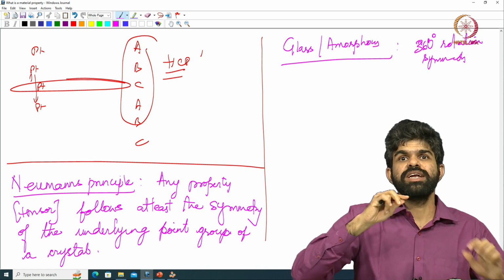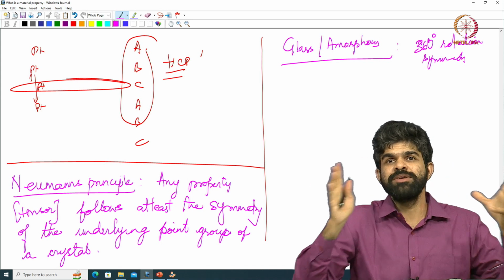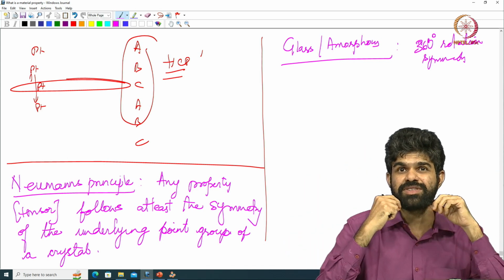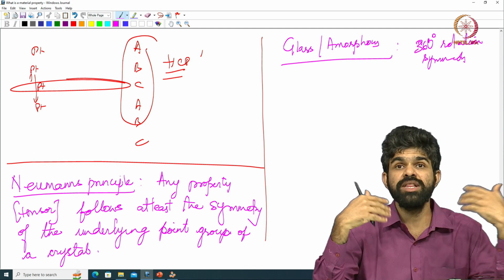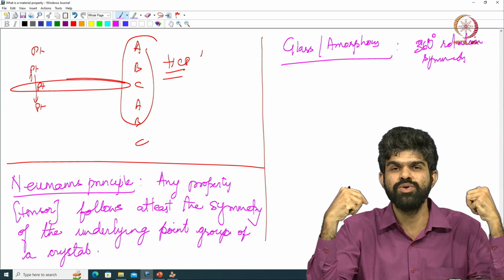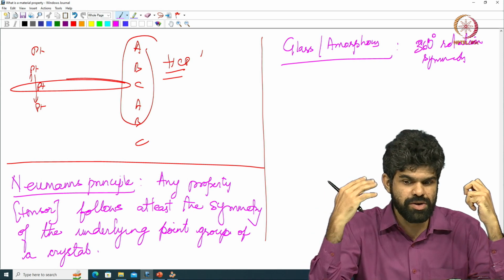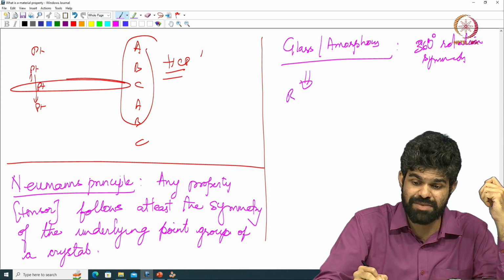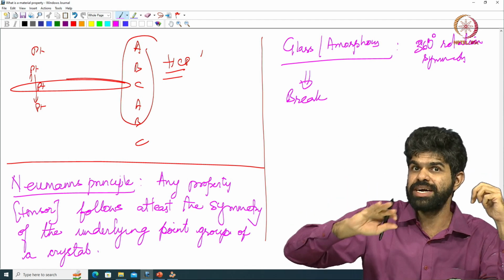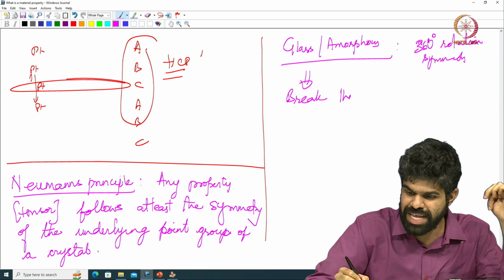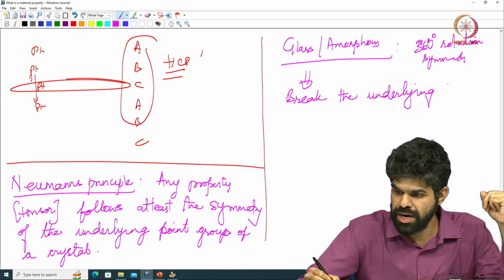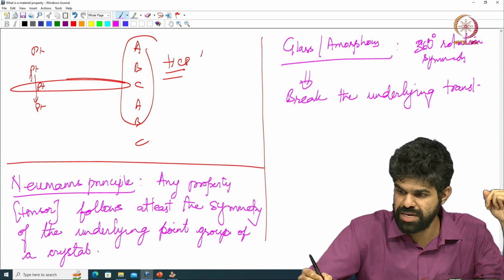So wherever I go, the environment is going to be similar, because I do not have a particular lattice and structure for this. So I'll model glasses or liquids as very highly symmetric materials. I'm going to break the rules of translation symmetry because they don't have an underlying lattice, so there is no long range periodicity. Break the underlying translational symmetry